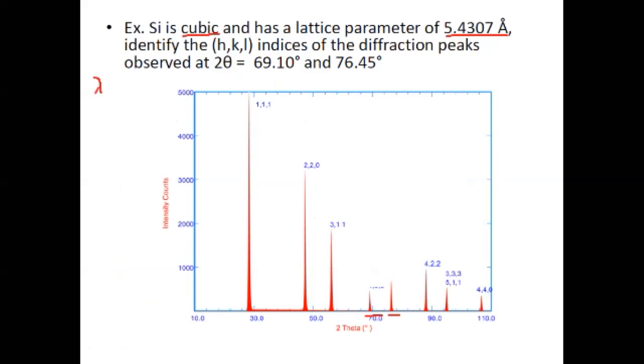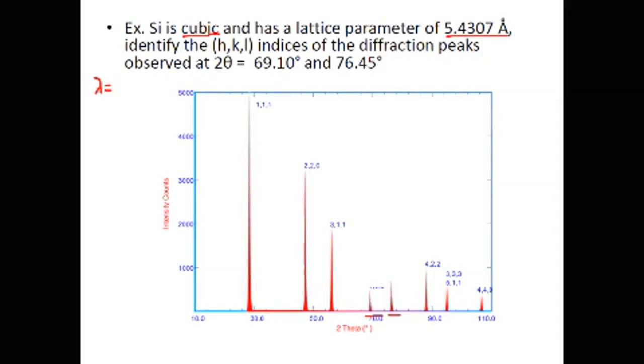So again, we want to determine what the HKL values are for the unknown 2 theta positions. So lambda is roughly 1.54. 2 theta, 69.10. Let me draw the theta. Now we want theta because to use the equation, we've got to have theta. So theta is half of 2 theta. So theta equals,